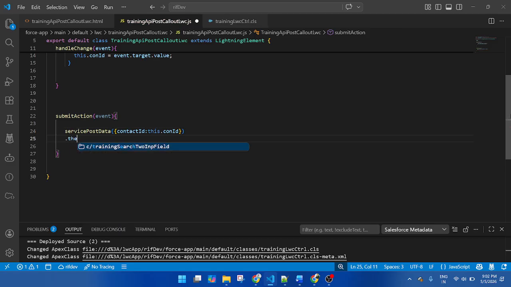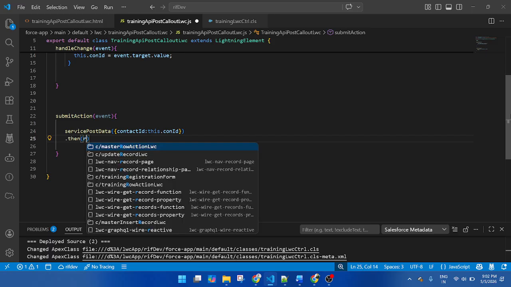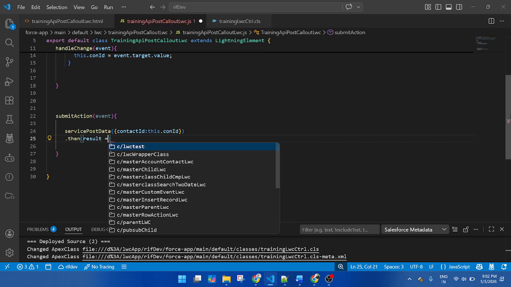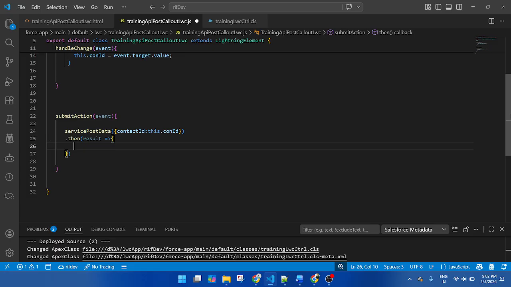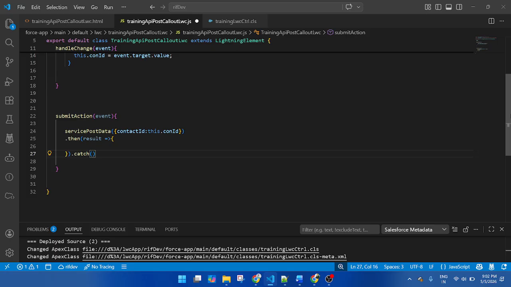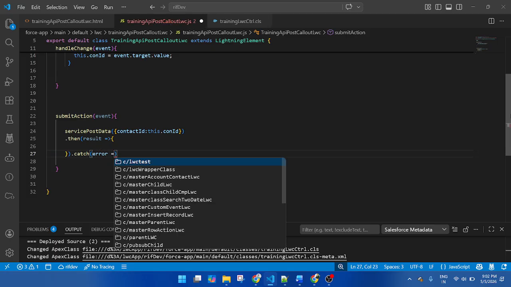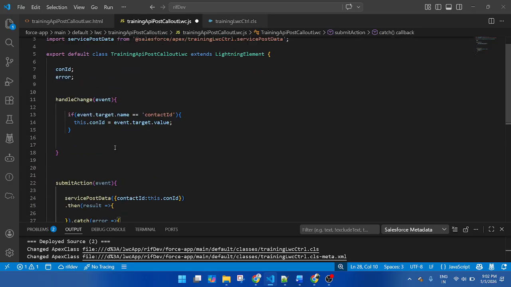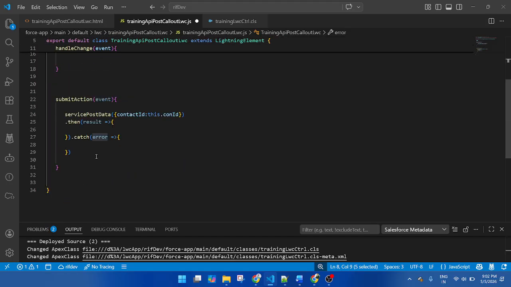After that use then, and here use result with an arrow function, then error, catch error. The error is a variable.